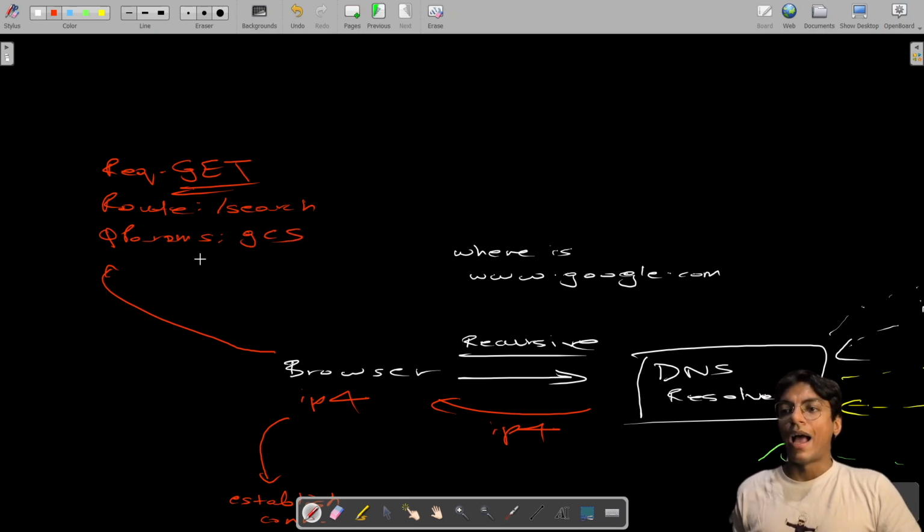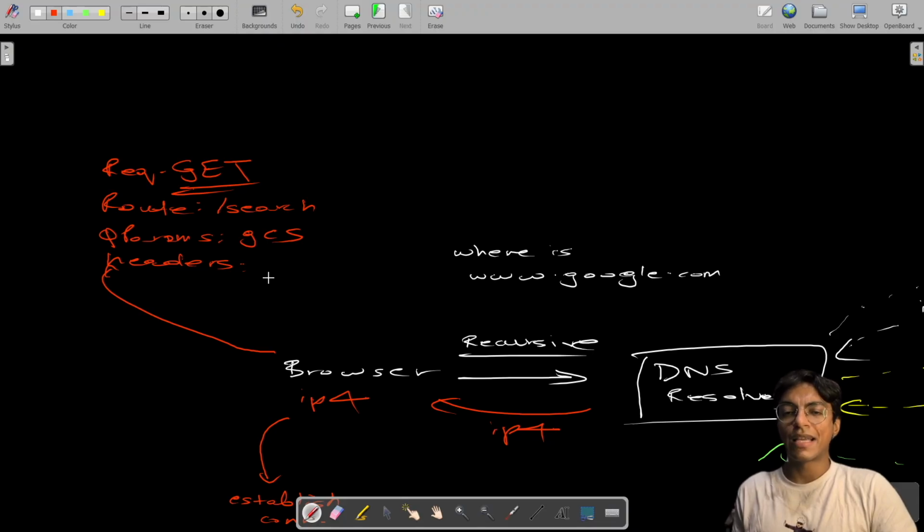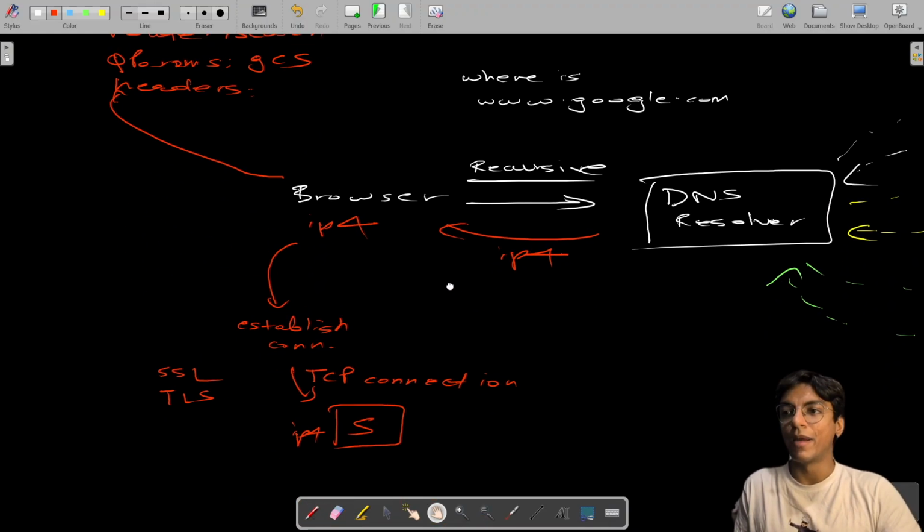Alright. And basically some headers will be passed as well. For example, one header is used to keep the connection alive. One sends the information related to the content that is being sent and things like that. So some headers are then passed along with the rest of the information, and finally a request is then made